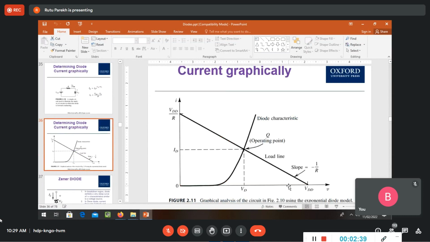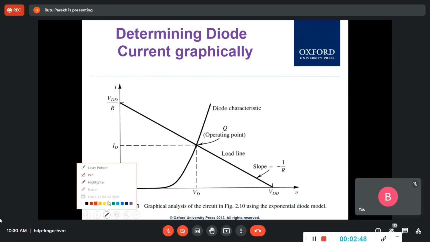See, for the conditions that are given to you, you have to find out this ID and VD. Now this VD can be, let's say, 0.75, or 0.71, 0.72, or 0.701, whatever. This graph will have all of these values for V and I. And at 0.7, 1 milliamp is given. So this value is given, but you are supposed to find out